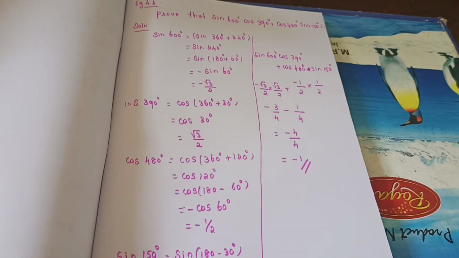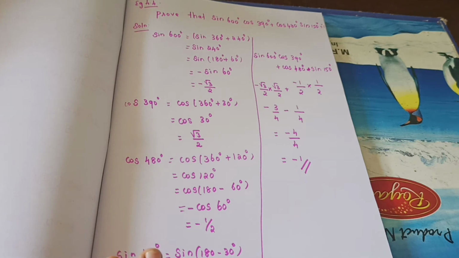Okay. First you need to learn the trigonometric ratios, all the values, reciprocal ratios, trigonometric ratios for allied angles. It's very, very important. If you are learning that very thoroughly, it will be very useful for you. Understand? We are just simplifying. Okay? Okay. Next question.